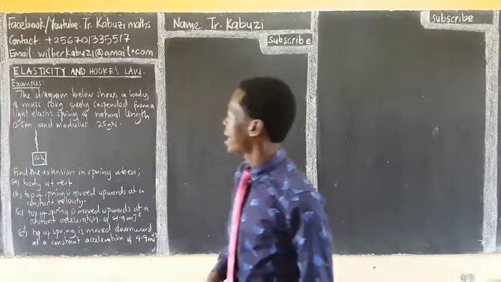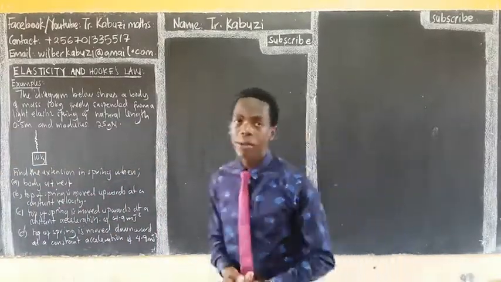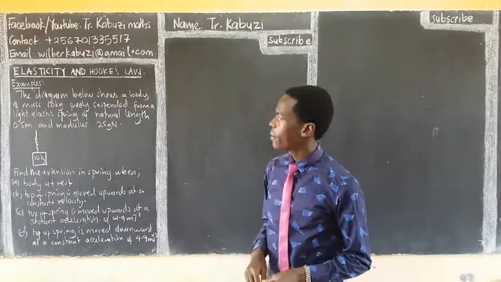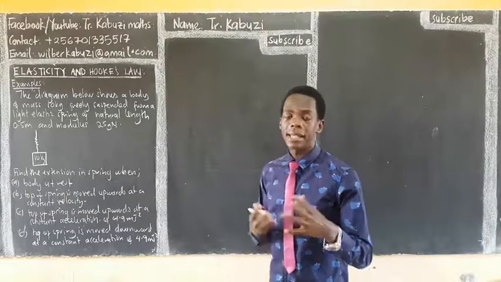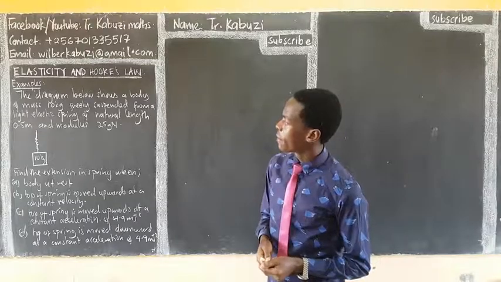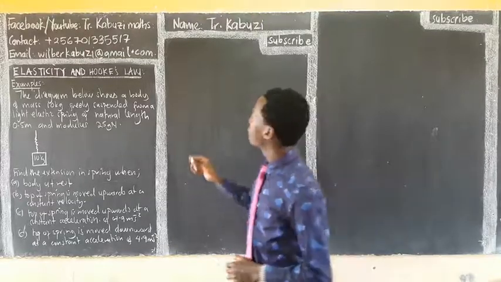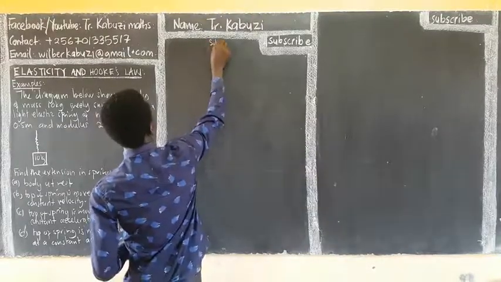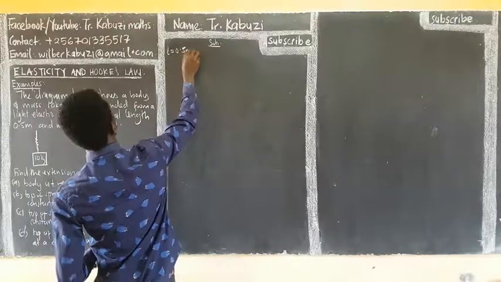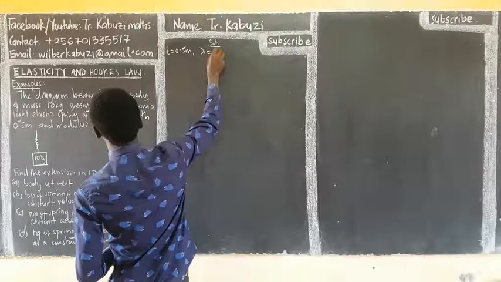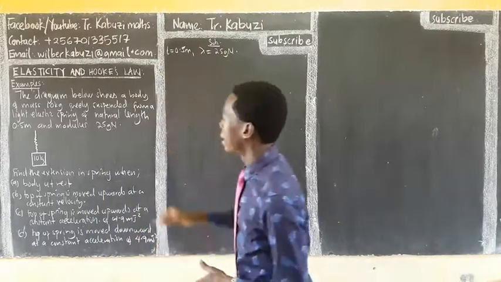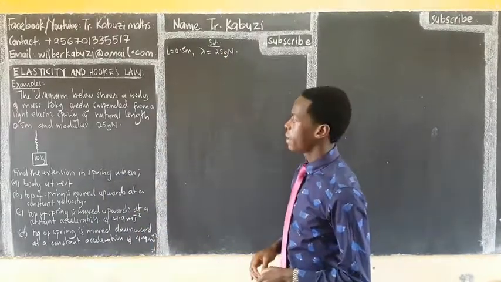Okay, now let us see another example here. It says the diagram below shows a body of mass 10 kilograms freely suspended from a light spring. Light means that its weight is negligible. The spring is of natural length 0.5 and modulus this. So they are giving us the natural length of the spring, L is 0.5 meters, and then the modulus lambda is 25 newtons. Find the extension in the spring when